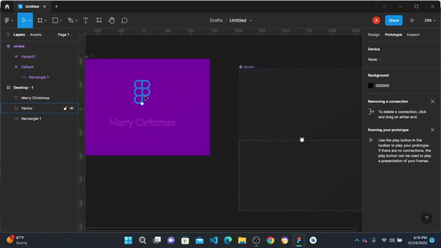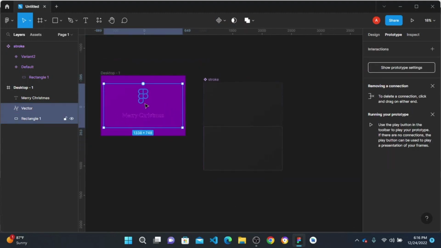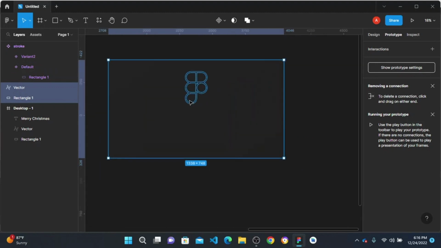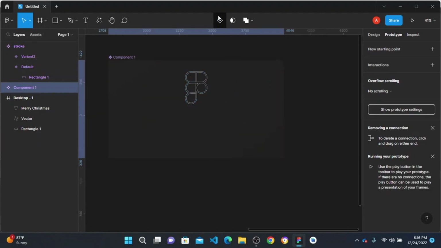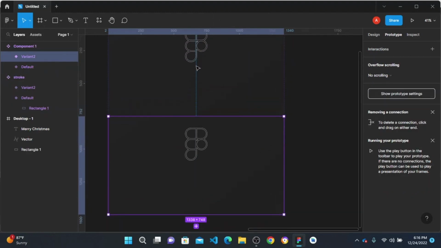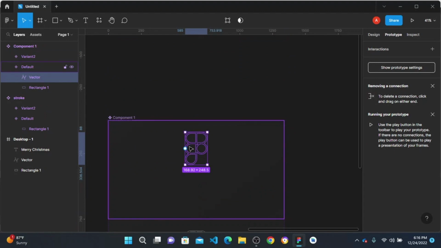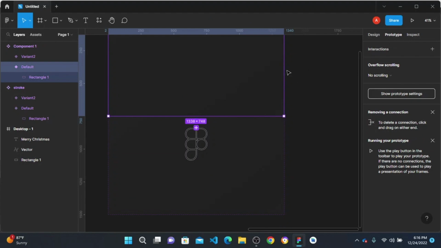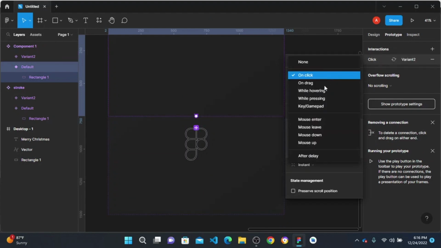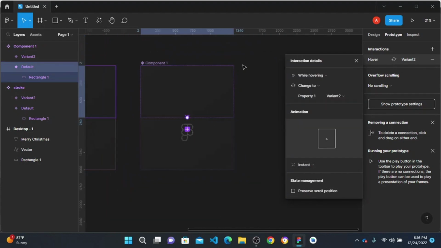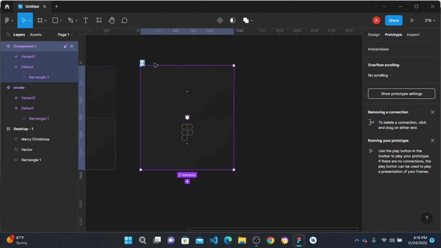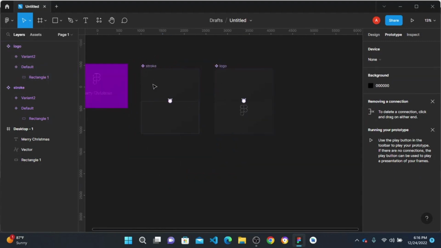So secondly, I'm going to select this. We're going to have this Figma logo, whenever we are hovering over this, the Figma logo would appear. So I'm going to select this and I'm going to create a component and add a variant. So I'm going to select this first Figma logo and I'm going to delete it. I'll come here, I would connect this to this, and I'm also going to say while hovering. Alright, so I'm going to rename this, I can say logo,